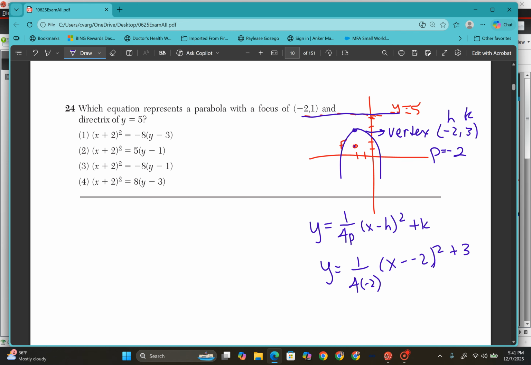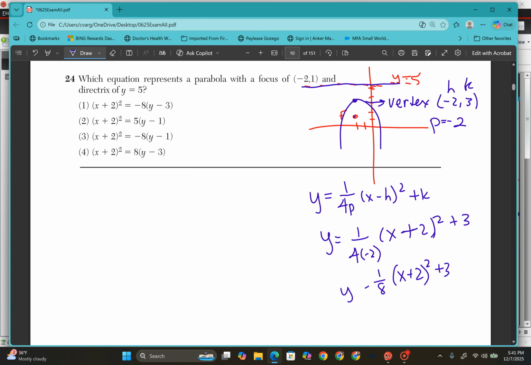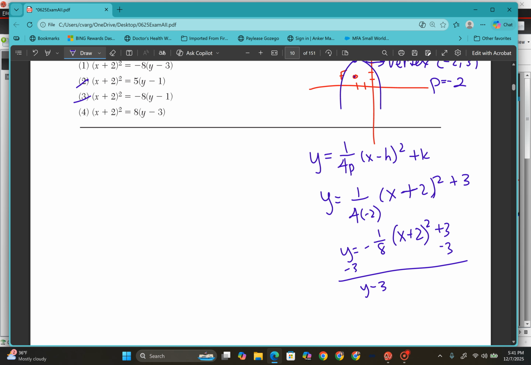So now we have to see which one matches this. This is a plus sign, so this is x plus 2 squared plus 3. And then this is 1 over -8. So which of those answer choices matches that? They all have x plus 2 squared. So let's get this on the other side. So -3 minus 3. So we have y minus 3. So automatically I know that it's not these two. Okay, so y minus 3 is equal to,